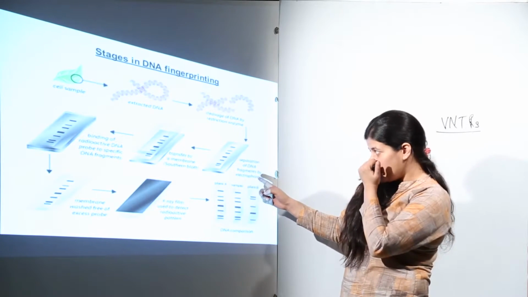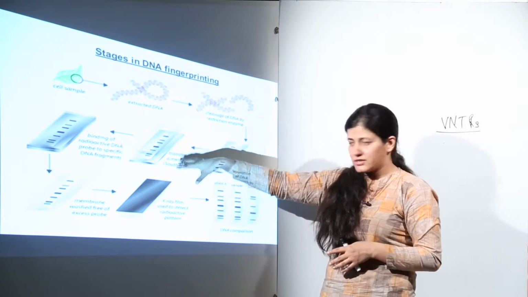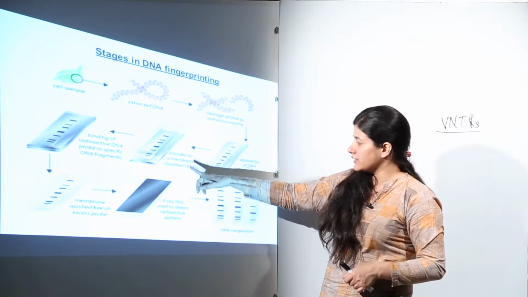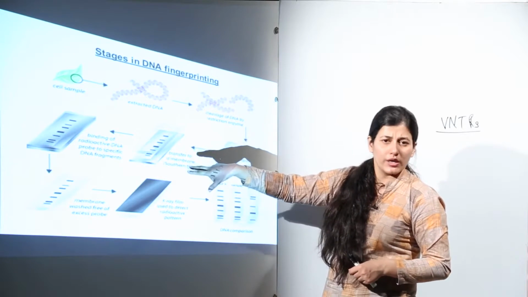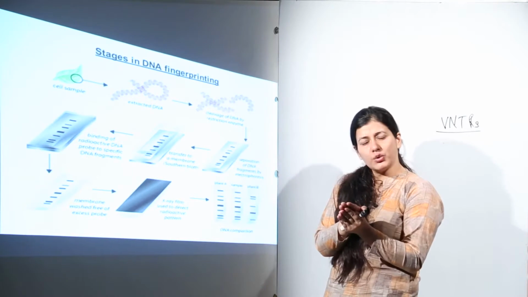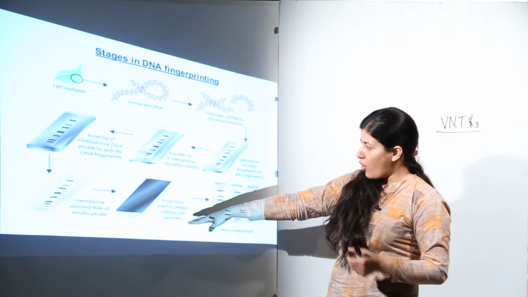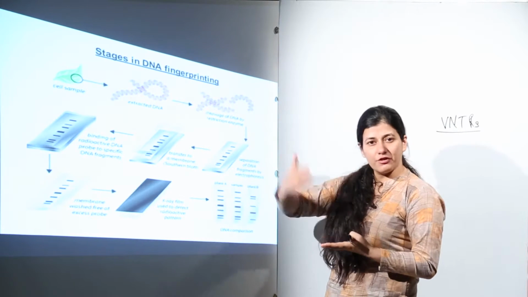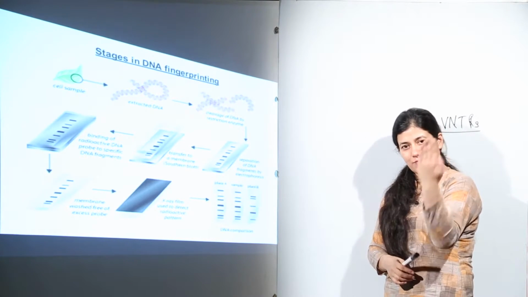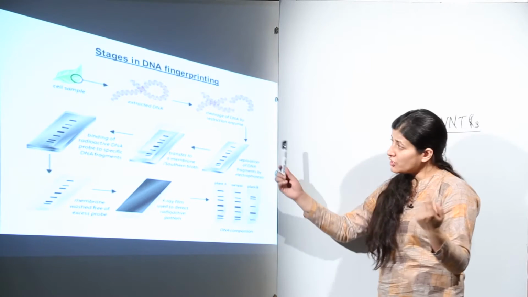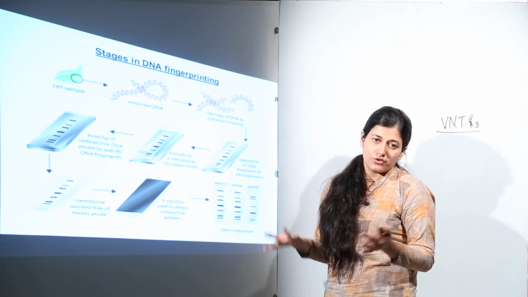These fragments would be transferred to a nitrocellulose membrane for the Southern blotting technique, and that Southern blot would be bound to a radioactive DNA probe. The specific DNA fragments would bind to the radioactive DNA probe. They would glow as orange bands. It is washed, the excess probe is washed, then X-ray film is used to detect the DNA fragments. Supposedly you have the suspect's DNA fragments and the DNA fragments formed as a result of these steps, they would match and you can figure out who is the criminal.